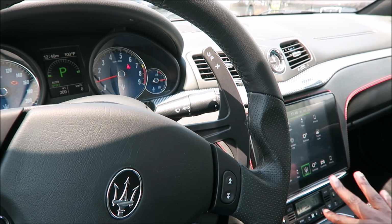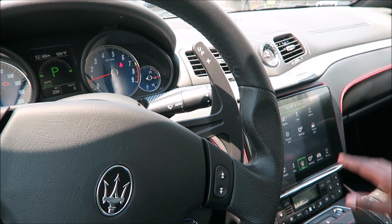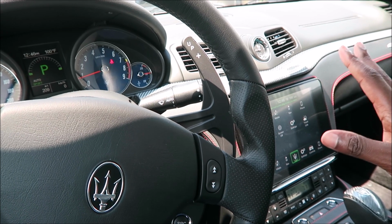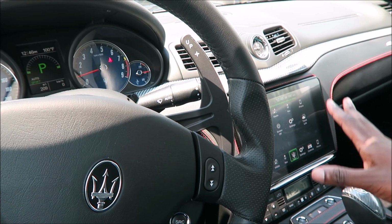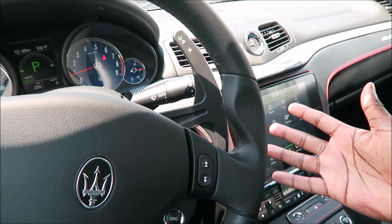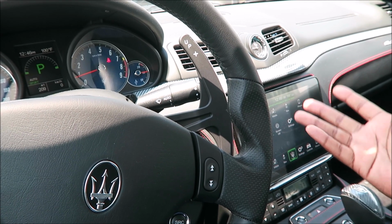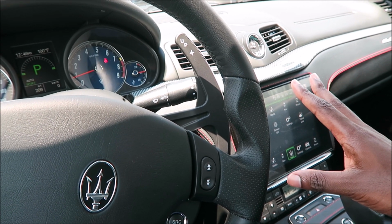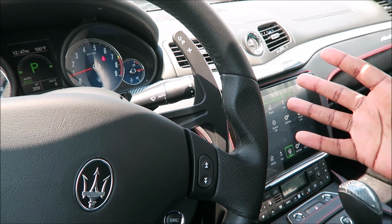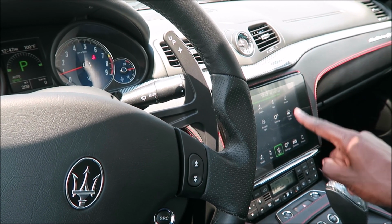So as I stepped inside this interior to cool off a little bit, because as you guys saw, it's 100 degrees outside here in Florida, one thing that dawned on me is this is the last brand new Maserati Granturismo Coupe that this dealership will probably ever see. Anything else is going to come in used, since they don't make this in 2019 and this is the last 2018 here at this dealership. This is it. You never really take it into consideration and reflect that this is the last time you're going to see something like this